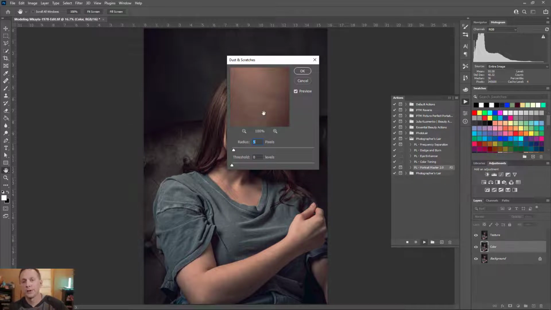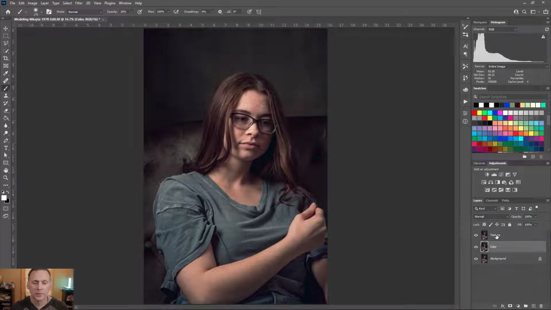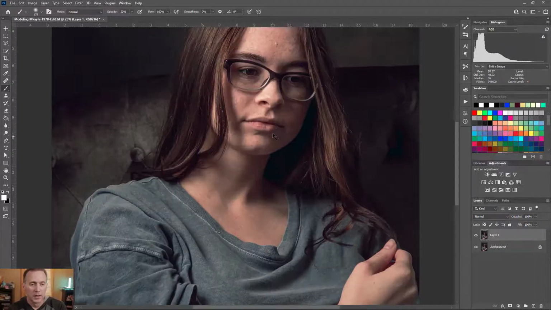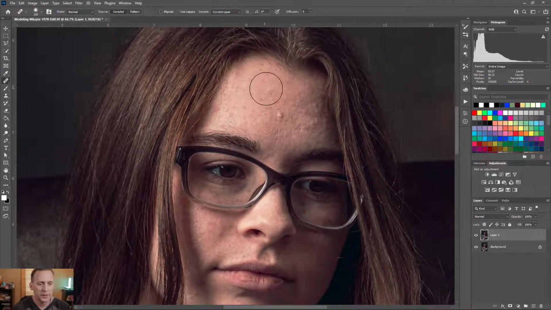I usually create a new layer and do, you know what, I'm just going to stop that. I want to show you exactly what I typically do. So Control or Command J to create the new layer. So now we've got this, and I'm just going to come in. She's got one pretty good one right there. We're going to clean that up real quick. Okay,